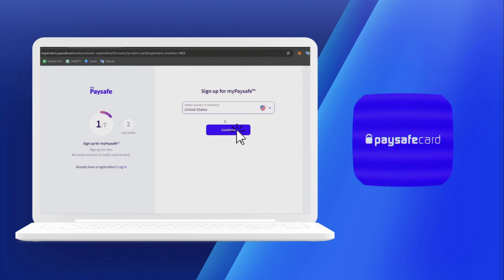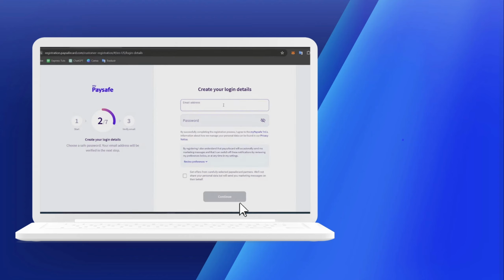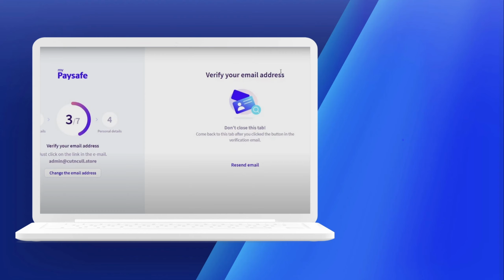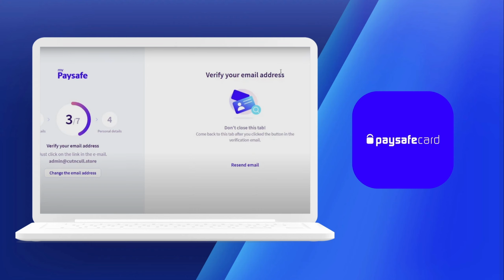Once we click the sign up button, PaySafeCard will ask a few questions just like this, which is the country of residence. Select which country you are currently living in and click continue. After that, you will be needing to input your email address and password. Make sure that the email address that you put is already existing so that you can verify it on your